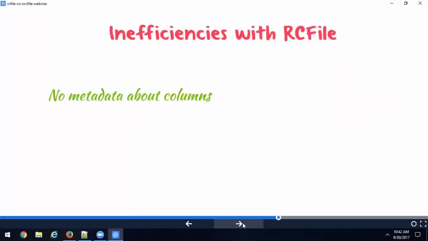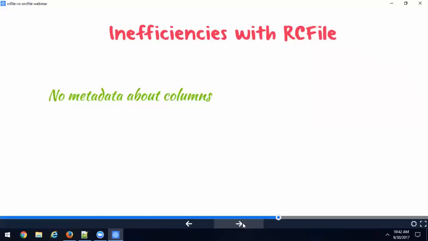That's the power of any open source community, and with big data being one of the fastest growing spaces, we have a lot of people contributing to the framework. So when RCFile came out, it was an excellent concept, but people saw inefficiencies in it. The first inefficiency is that there is no metadata about the columns.